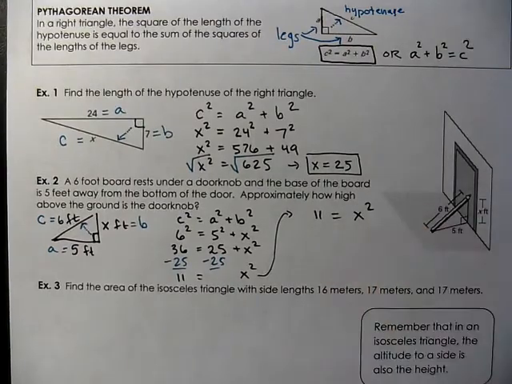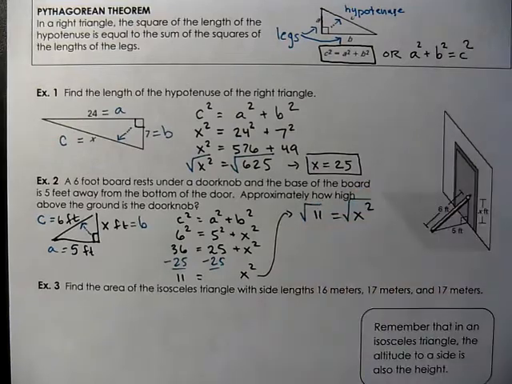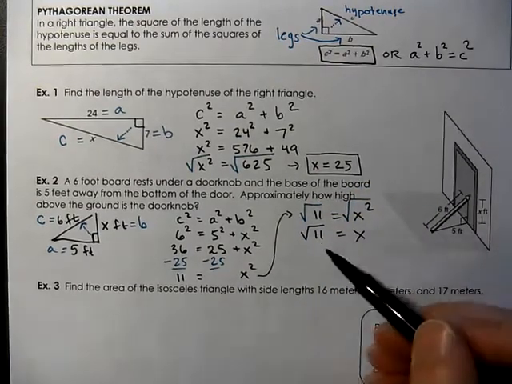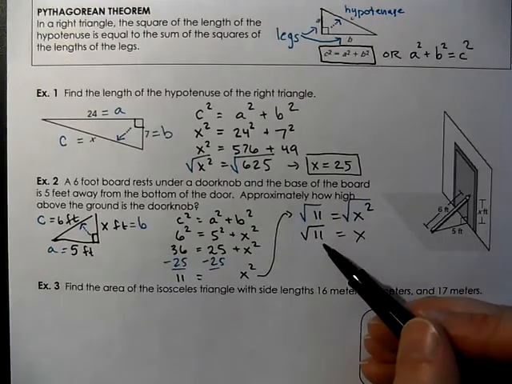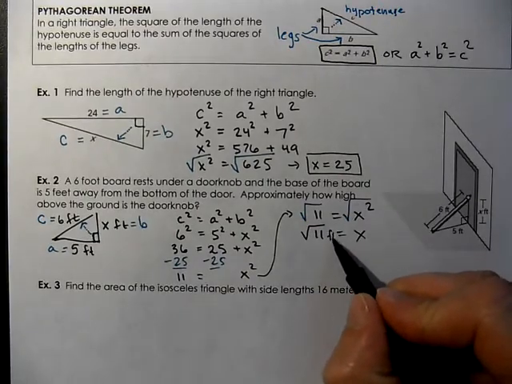Again, we want to solve for x. It is currently being squared, so we undo that by taking the square root of both sides, and that's how we get x by itself. Now 11 doesn't have any factors, so this is its answer in feet. This is the exact answer